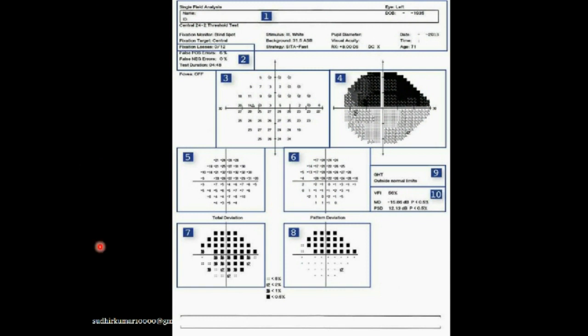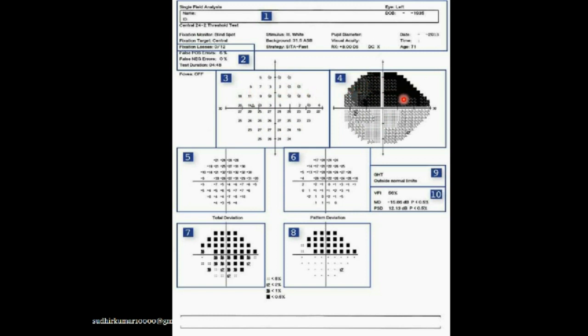This is a visual field chart from the Humphrey Visual Field. Here you can see that the sensitivity of different points of the retina has been recorded in numbers. These are in decibels. The higher the number, the more sensitive. And these numbers are compared with the normative data, that is, the sensitivity data of normal people of the same age. If it is almost the same, it is shown in lighter color, and when it is less than the normal people, it is shown in darker color.